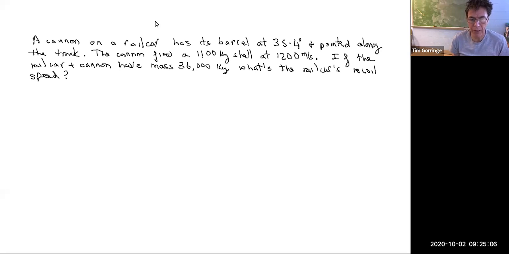So this is a problem a bit like firing a bullet from a gun. If I fire a bullet from the gun, if the bullet travels, say, towards the right, then the gun, as you know, will recoil towards the left. And for the bullet in the gun, or the cannon and the shell,